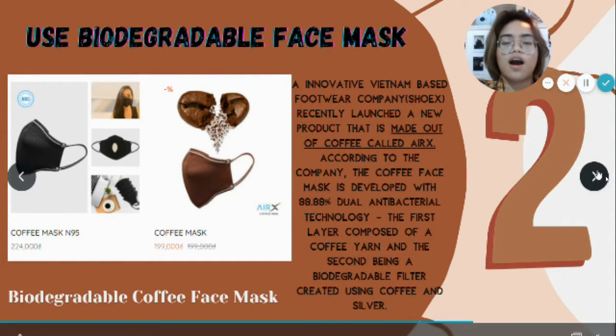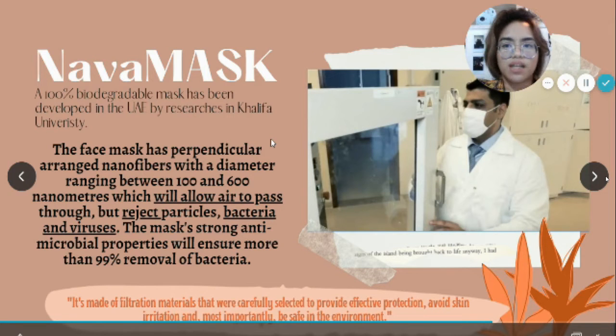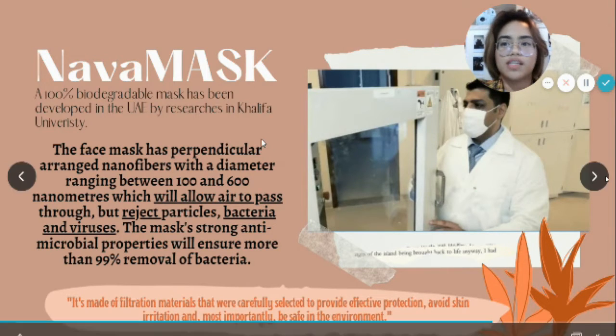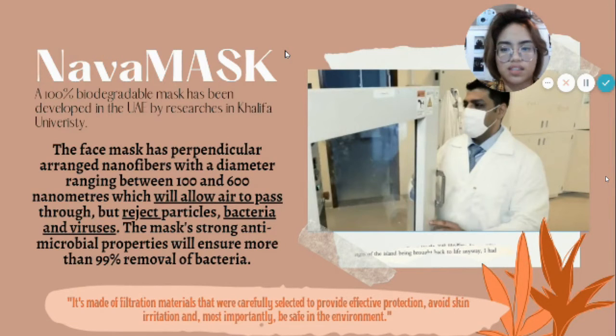using coffee and silver. Another example of a biodegradable face mask is this Napa mask, which is a 100% biodegradable mask that has been developed in the UAE by researchers at Khalifa University. It is said that it will allow air to pass through but reject bacteria and viruses. Dr. Shadi Hassan, an associate professor of chemical engineering at Khalifa University, said that it is made up of filtration materials that were carefully selected to provide effective protection, avoid skin irritation, and most importantly, be safe in the